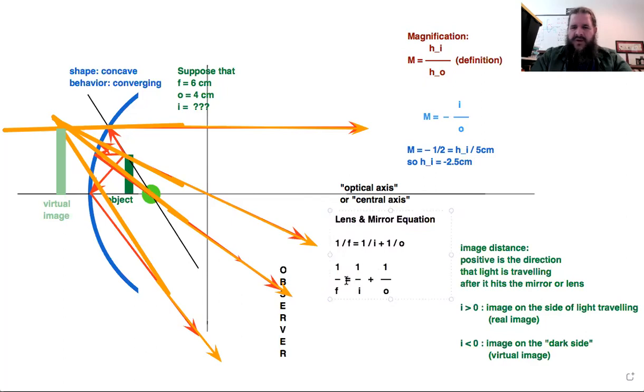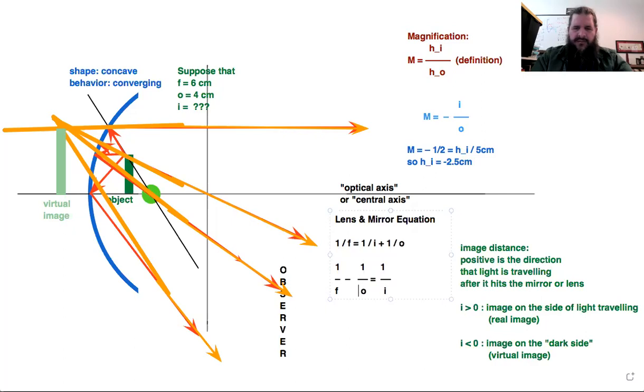Yeah, we could start by subtracting the 1/O from both sides. Yeah, this is a bit of a mess. I'll tidy this up in a moment. There we go. So 1/f minus 1/O